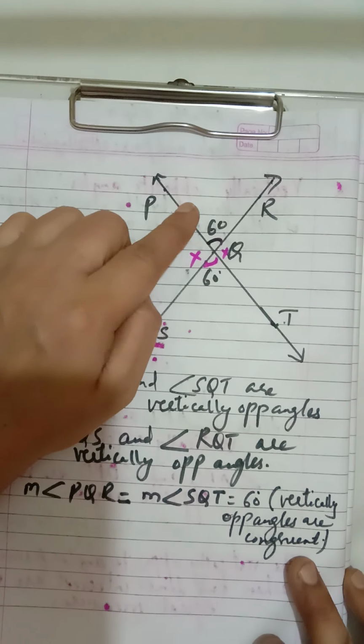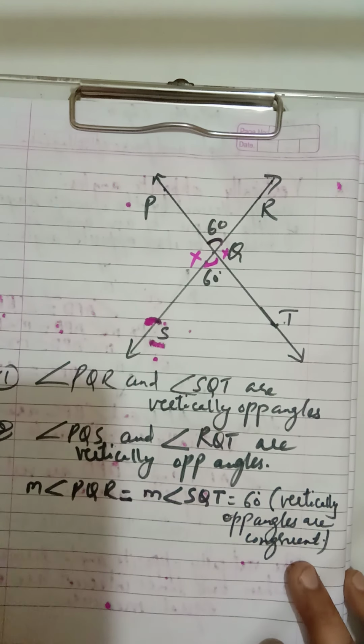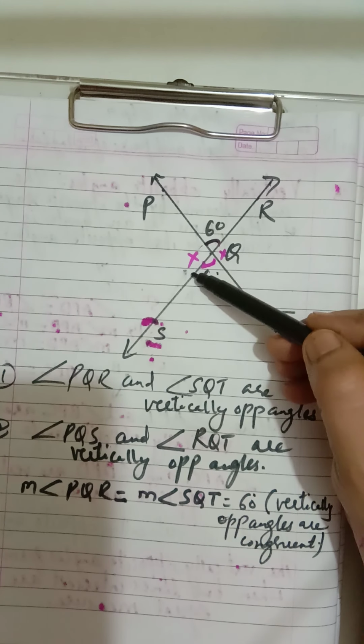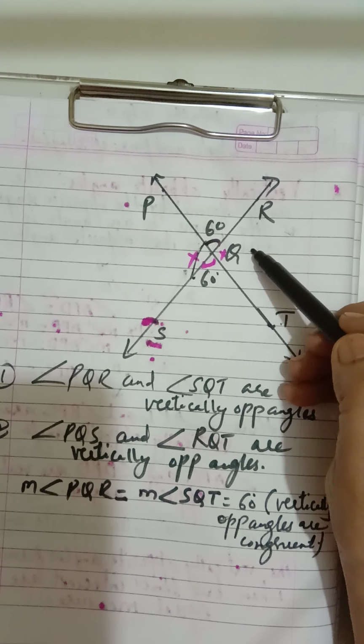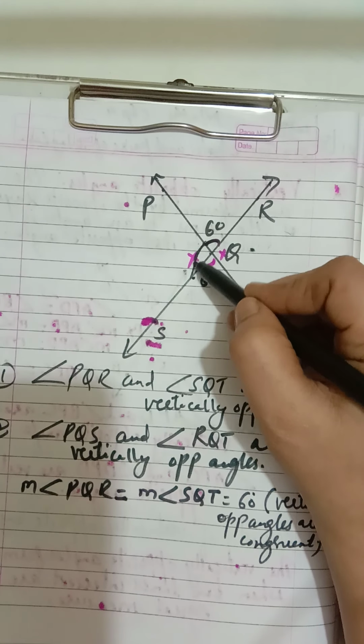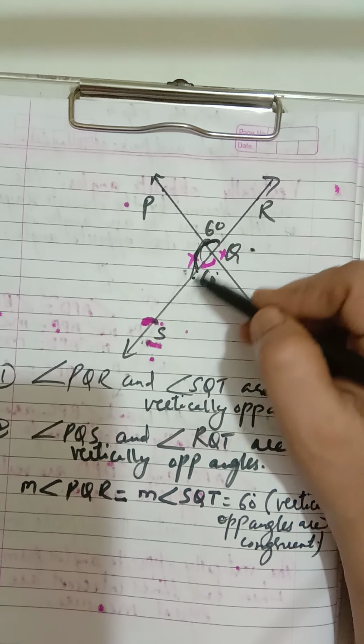So I hope you have understood one pair of vertically opposite angles, the second pair of vertically opposite angles, and that vertically opposite angles are congruent. Now see children, if you are given the measure of one pair of vertically opposite angles, in the exam you will be asked to find the other pair. Now we don't know the value of this particular angle, right? Because if we know this angle, then we can know this one, as it will be vertically opposite, that is congruent. In order to find this particular angle, you can see it is forming a linear pair, right? One common arm, and the other arms forming a straight line.